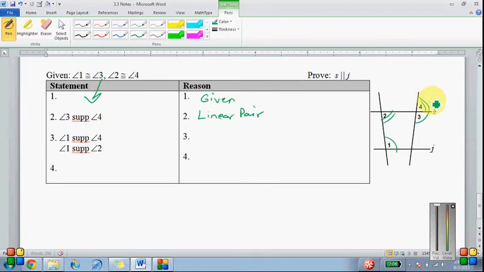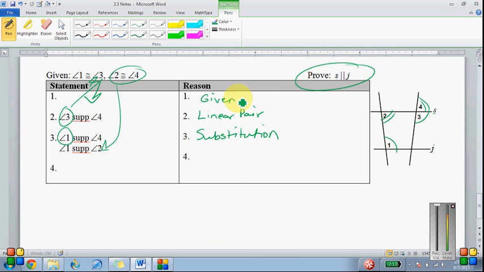It says angle 1 is supplementary to angle 4, and then angle 1 is supplementary to angle 2. Well, those are nowhere near each other, and we don't know if we have parallel lines, but since we knew 1 was congruent to 3 from up here, we could just substitute this in. And then since we know 2 is congruent to 4, we could substitute 2 for 4. So this is just substitution. Then, our last statement, S parallel to J,